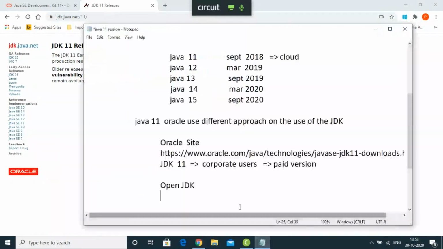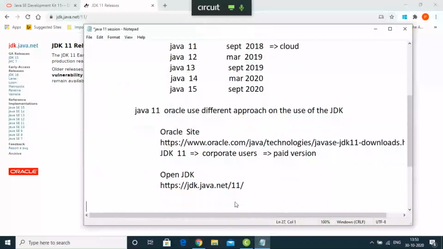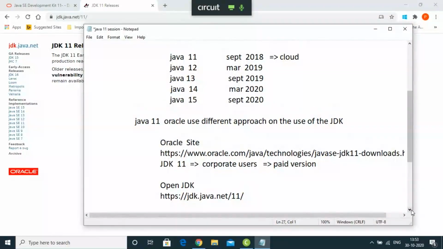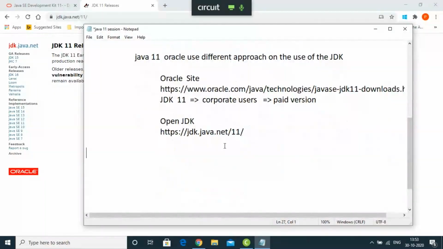This concept came from Java 11 itself, right? You don't have to pay any vendor if you're going to download from this site, right? All the JDKs are there. Whichever one you need, you can download and work on that, right? Now here, this is not a paid version. See, they have started from Java 7, but the official implementation you'll find in Java 11. So it is an open source